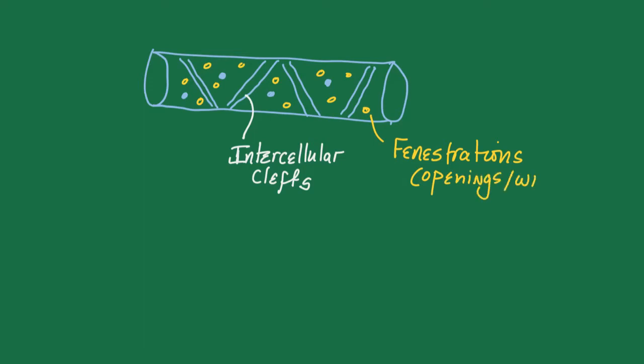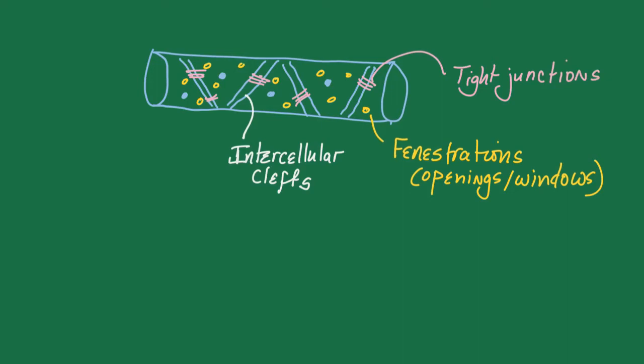So these openings can be present in some types of capillaries. A third structure that you will see in capillaries are tight junctions. These are structures that hold neighboring cells together so that they seal them and don't allow anything to pass through. Based upon these three modifications, the tight junctions, the intercellular clefts, and fenestrations, we classify capillaries